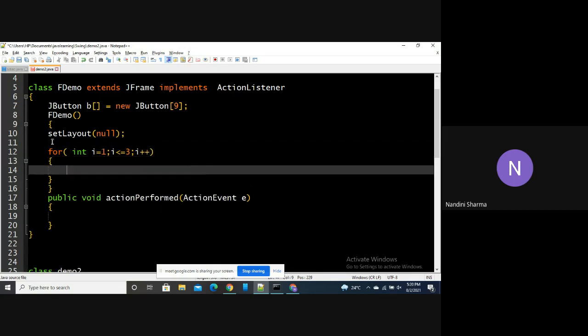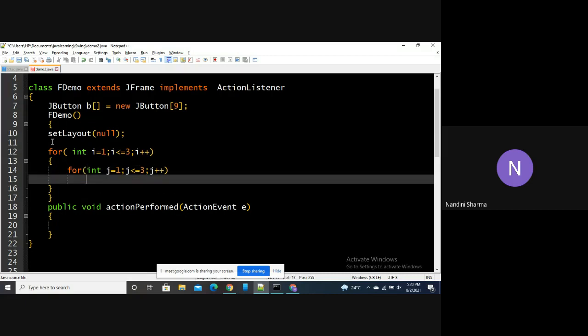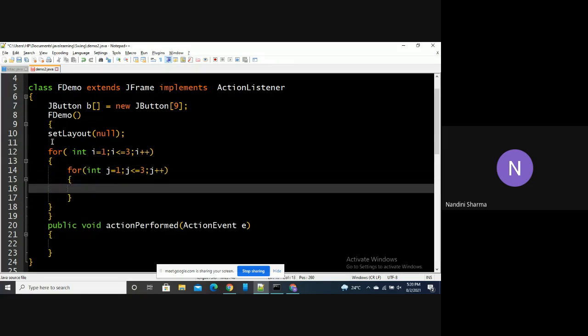Inside this for loop, we will use another for loop. Right.